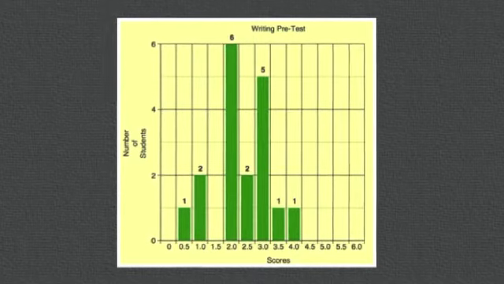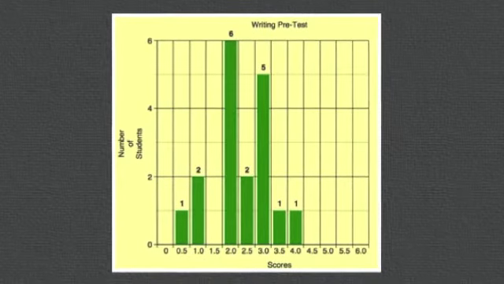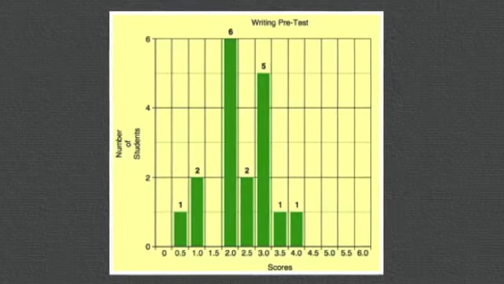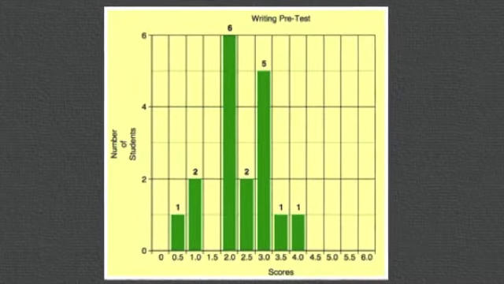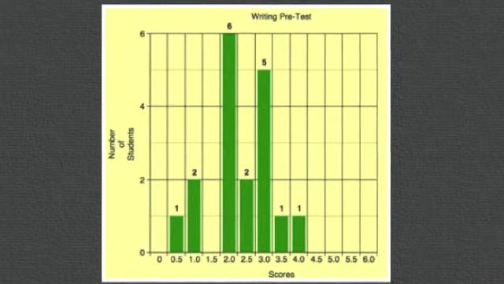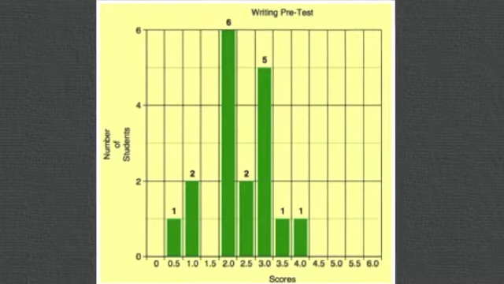Students were also given a writing assessment to gauge what level writers I'd be dealing with this year. It was clear that most of my class had been given basic writing instruction. However, the overall scores were low. The average score was 2.3 on a scale of 0 to 6. I had a lot to work on this year when it came to writing, but the positive attitudes they had towards writing would prove to be a big help.